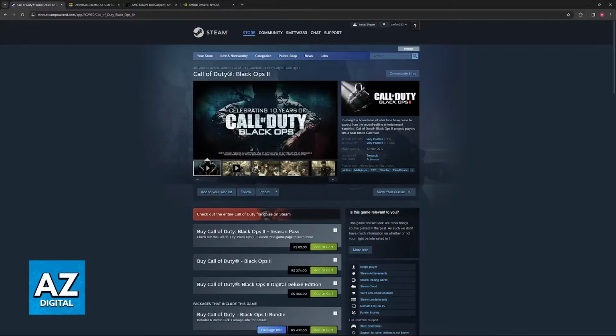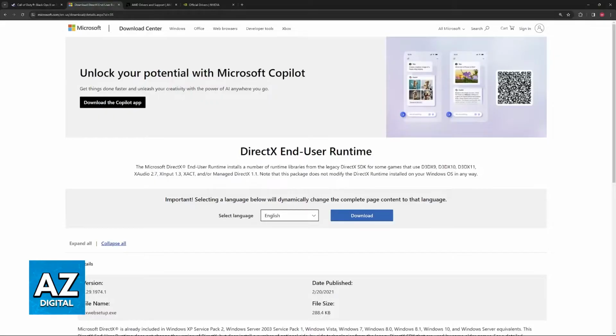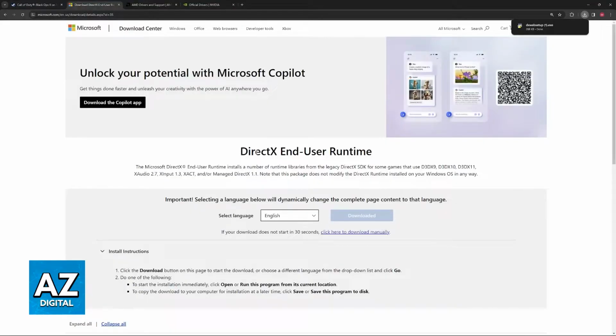Now, if you don't want to reinstall the game, something that you can do is update the DirectX drivers. Because this is an old game, depending if you've never bothered to download all versions of DirectX, the recommended versions available on the Microsoft website, you could face some issues. It is a very simple process to do, so just go over to Microsoft.com or just look for DirectX and user runtime on Google, and you will be able to run the installer.